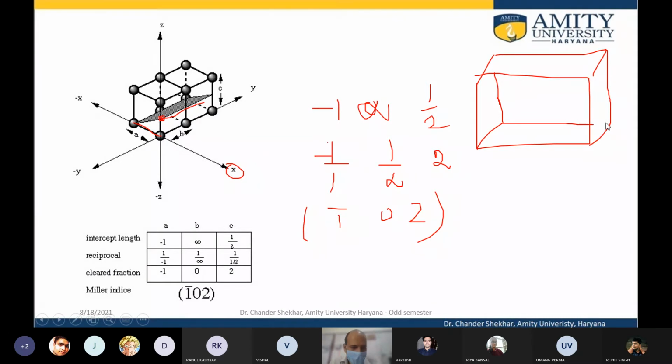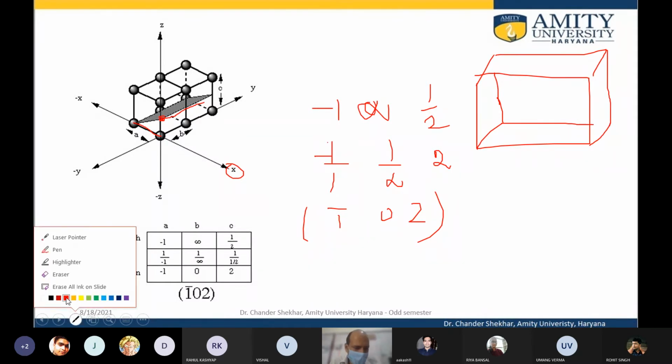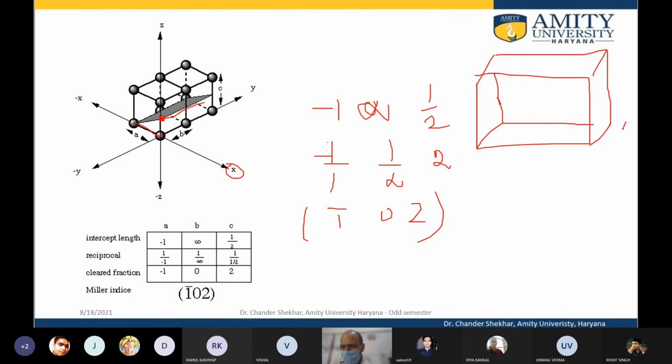So along the x-axis this is -1, this is x, this is y, and this is z. So -1 means the plane intersects somewhere in the negative direction,